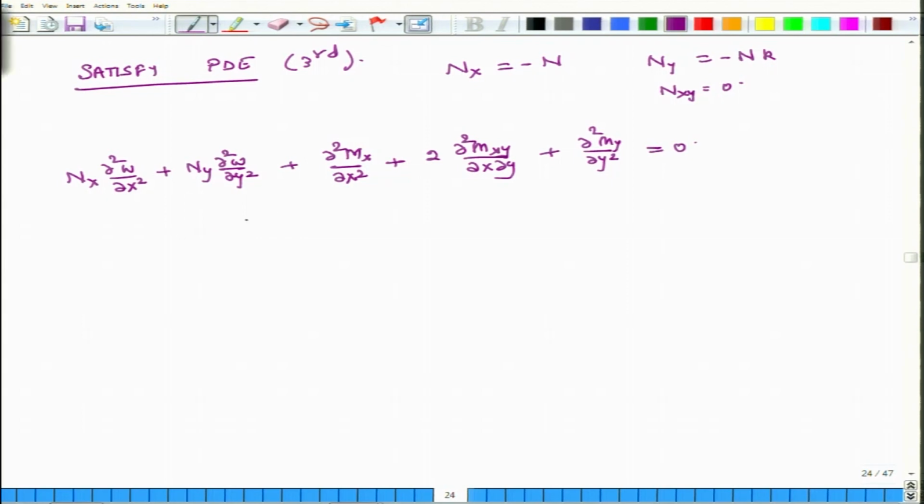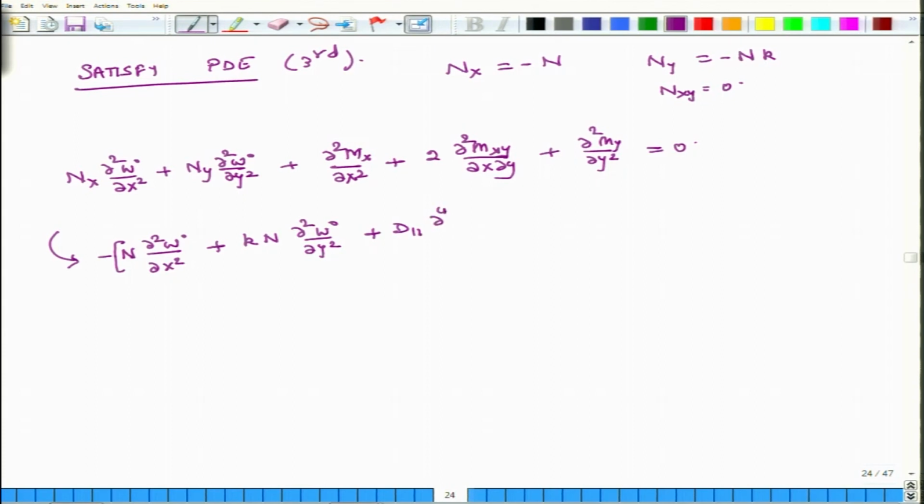Now, we have already, so this gives us minus N del 2 w naught. So, this is all mid-plane displacement. So, del 2 w naught with respect to x minus k times N del 2 w naught over del y square minus, so I am going to take minus out and everything inside will be positive. So, this becomes